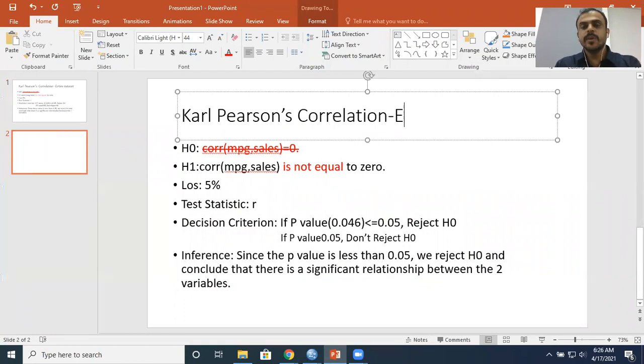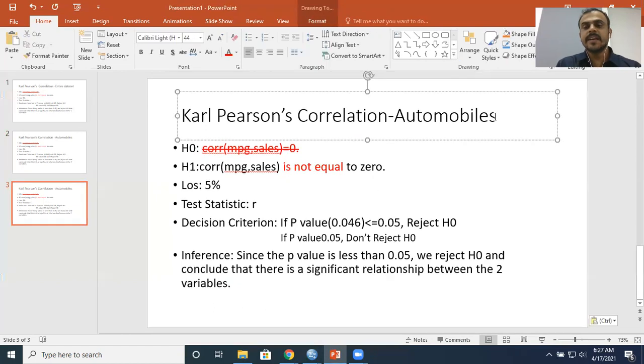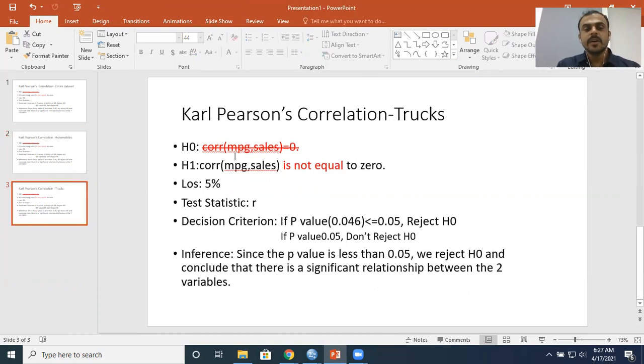I will be looking at automobiles separately. The hypothesis, everything will remain the same. I can copy paste the slide and create the third slide, where I will be looking at trucks. So second and third.